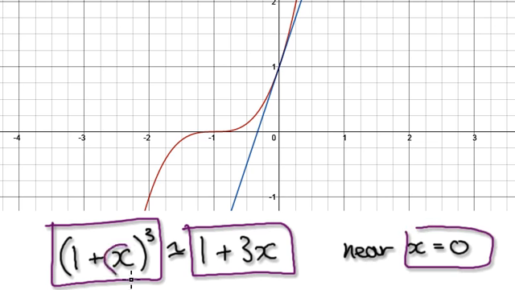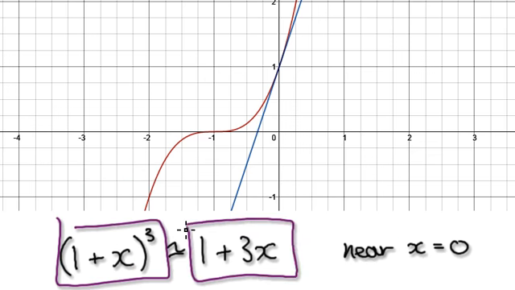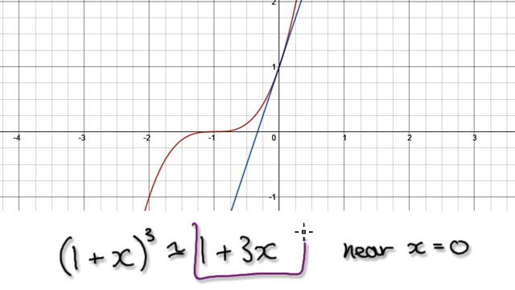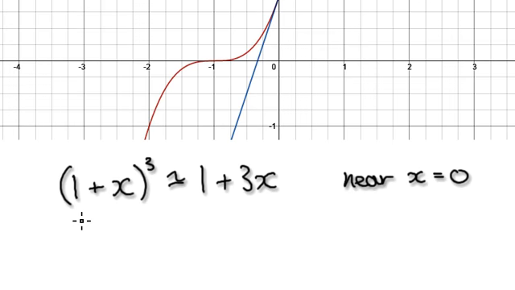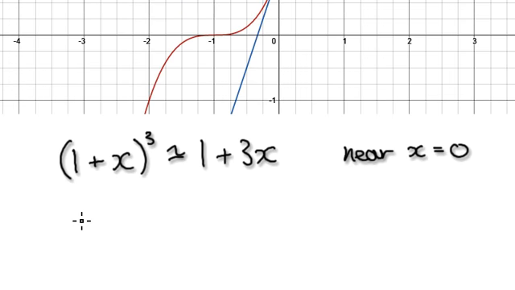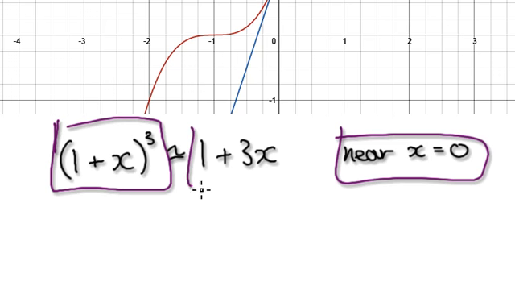Okay, meaning that whenever this number here is a small number, let's say 0.37 or something, or well, whenever this number here is quite small, then we can say that this whole thing here is roughly the same as this. You can see that this here is a lot easier to work with than this. Okay, so this one here, around x being near 0, we can say that this thing here is approximately the same